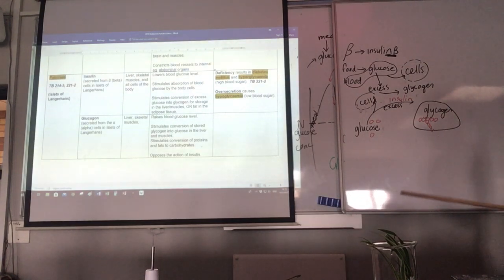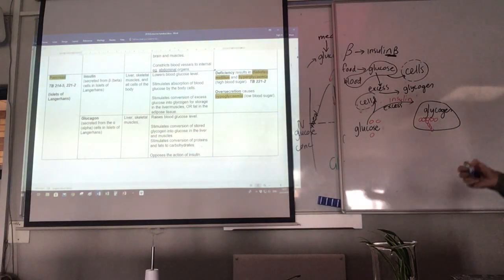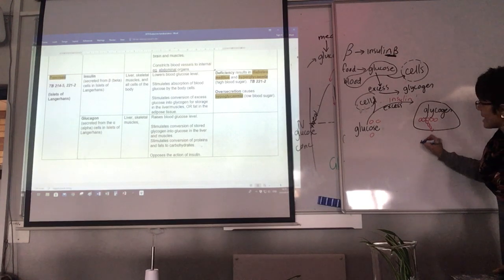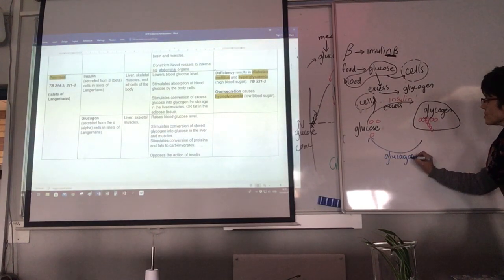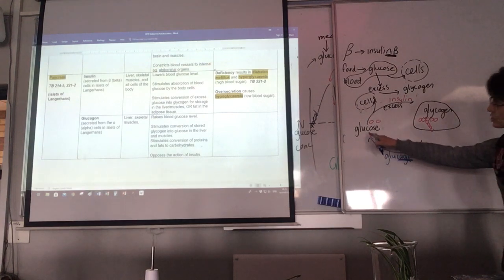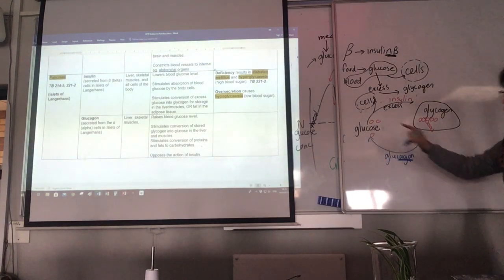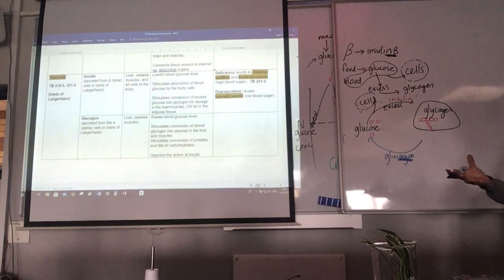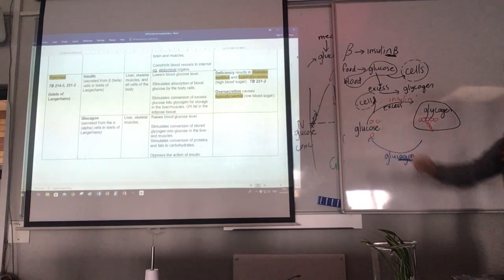But then, if your blood glucose level is too low, then another hormone is secreted by the pancreas, which travels in the blood, and that hormone is known as glucagon. The glucose is gone. The blood sugar level is too low, so some of the glycogen is broken down into glucose and is released into the blood and can be used